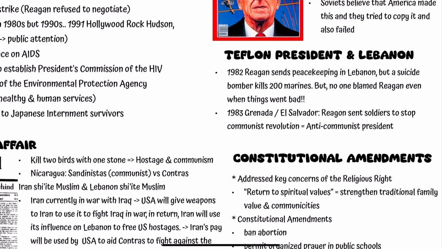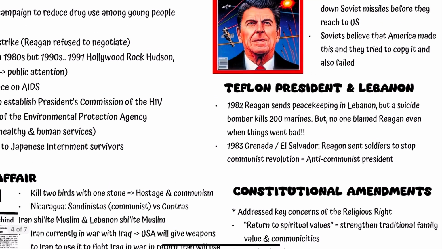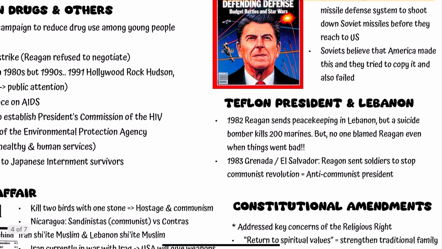Because in 1982, Reagan sent peacekeepers to Lebanon, but a suicide bomber killed 200 US Marines, and no one actually blamed Reagan even when things went bad. Normally it's very common for citizens to criticize the president if something goes wrong, but it didn't happen to Reagan. And that's why he got the name Teflon President, because no one blamed him even if something